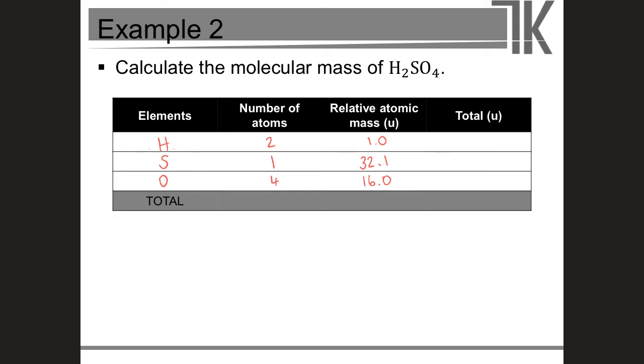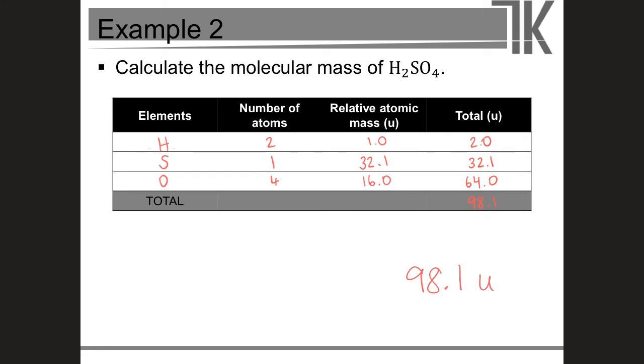So finding our totals, we've got 2 times 1 gives us 2, 1 times 32.1 gives us 32.1, and 4 times 16 gives us 64.0. Adding them all up gives us 98.1. So the molecular mass of sulfuric acid is